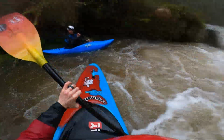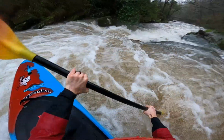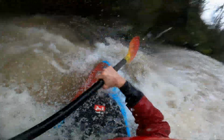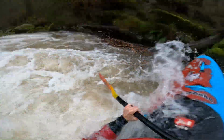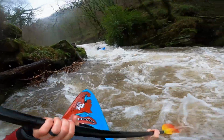I'm sure that someday someone very brave or possibly very foolish might be able to piece together the final half a mile to a mile of incredibly steep, very boulder-strewn mess that is the bottom of the West Lyn. But this is about the Barbrook to Lynbridge section, which is, in my opinion, a fantastic warm-up section